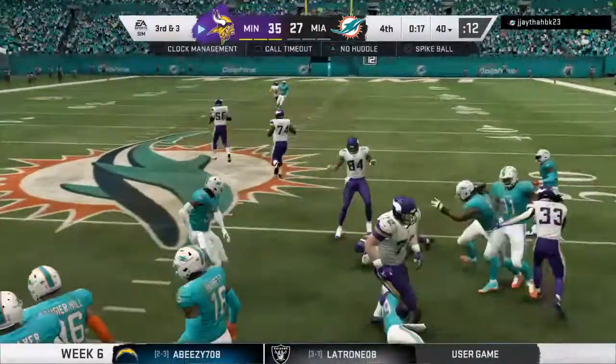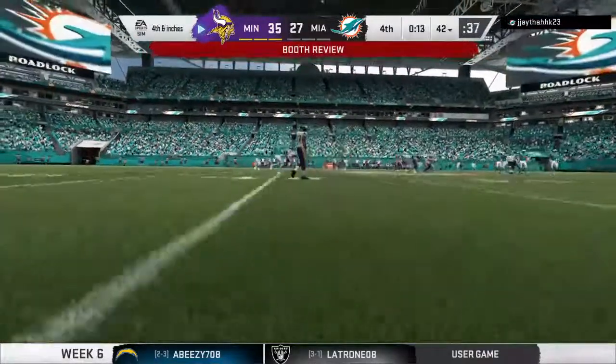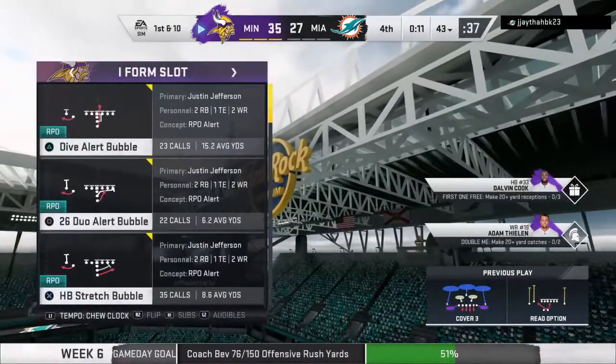He may try and run for this. And he will be very close to a first down, but I see the closed fist of the referee, and that means 4th down. The Vikings take over 1st and 10 at their own